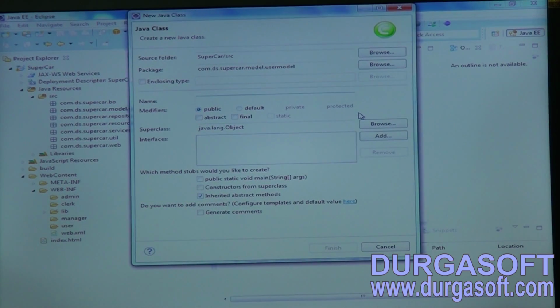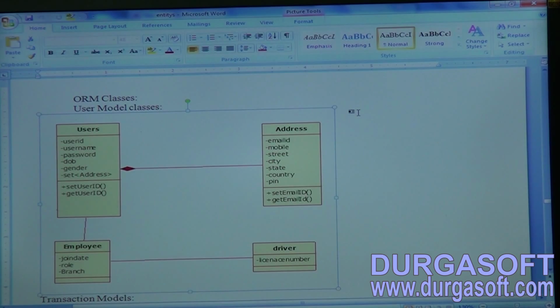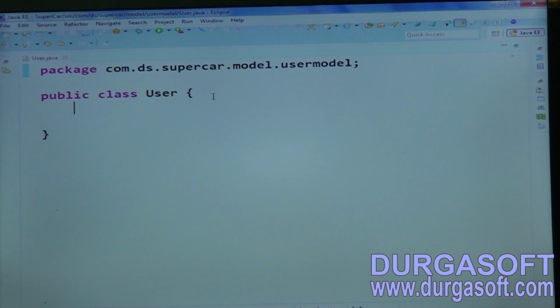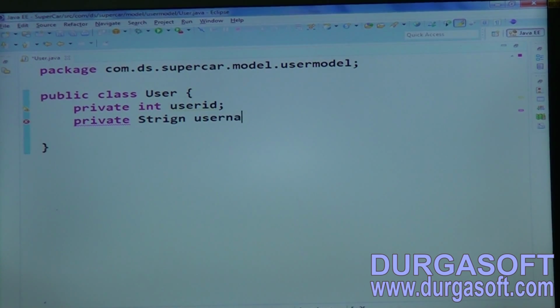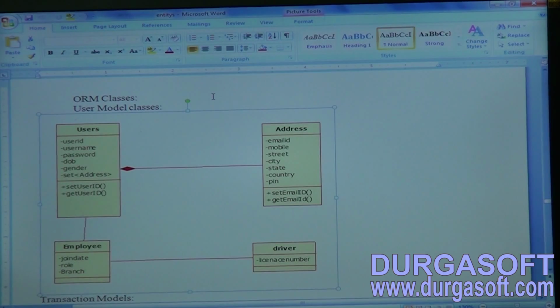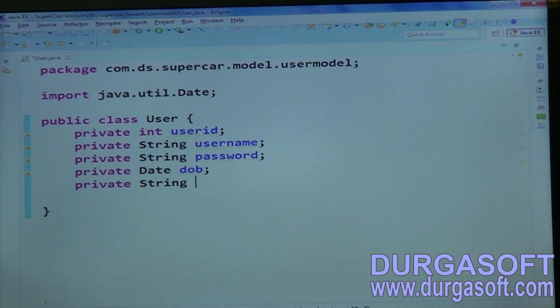What are the user model classes? Let's start with the first one, users, right? User class. Declare properties here. Private int user ID, user name, password, and date of birth, private date date of birth, gender, private string gender,